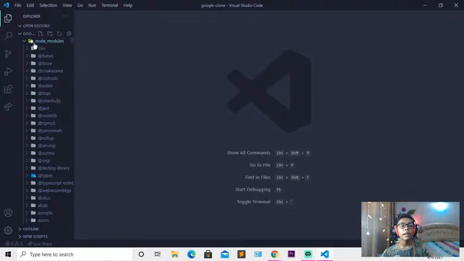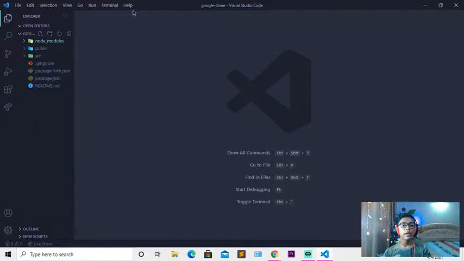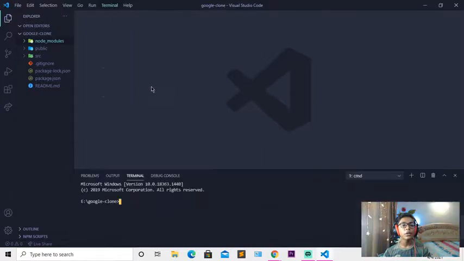So this is the main folder which you have to download. And if you don't have this folder, if you have created your clone and it does not contain this node modules folder, then for downloading that there is a shortcut, you can say. For downloading that I'll be pressing again to close this folder. I'll be simply going to terminal, pressing new terminal, and for downloading that you have to write